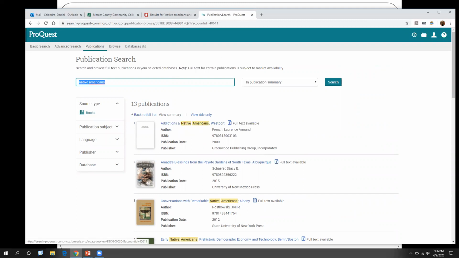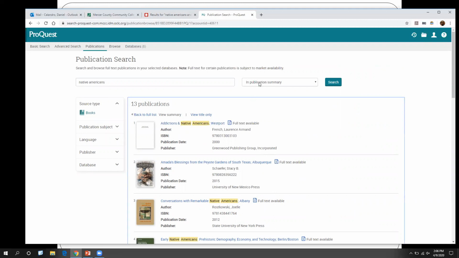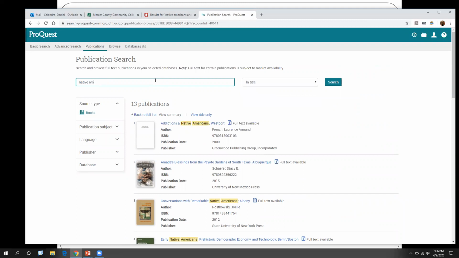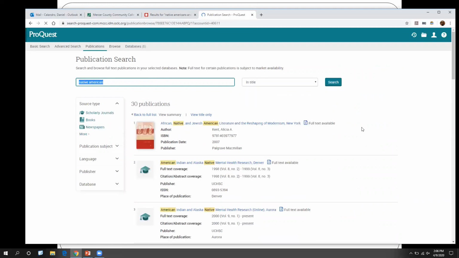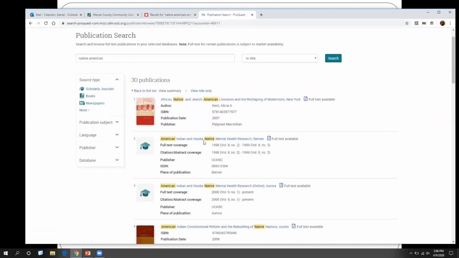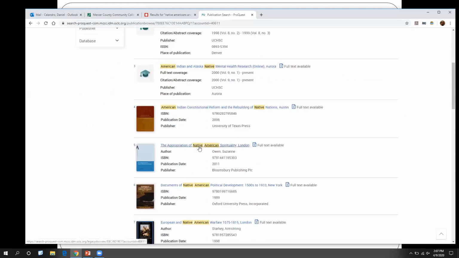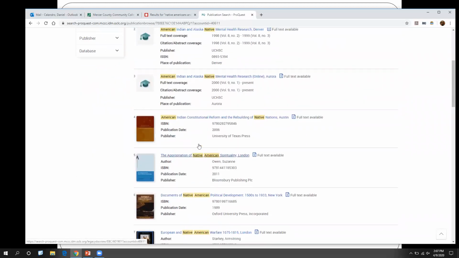Same thing if you had a periodical, you could click within that periodical and then you could actually search within it, which is fantastic. So if you searched for a title, let's say Native American, I don't know what'll come up now. I should have done the search beforehand, but there we go. Here's our periodicals, American Indian and Native American mental health, right? There's a whole bunch that we can go ahead and take a look at.